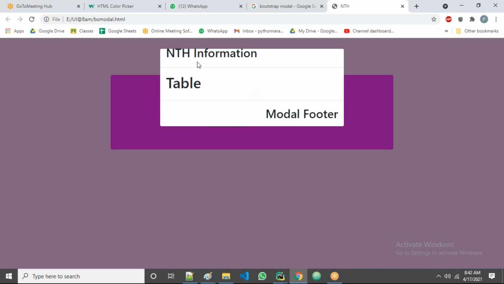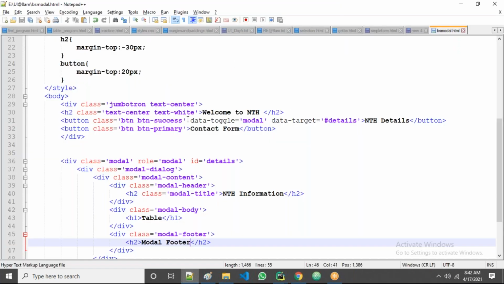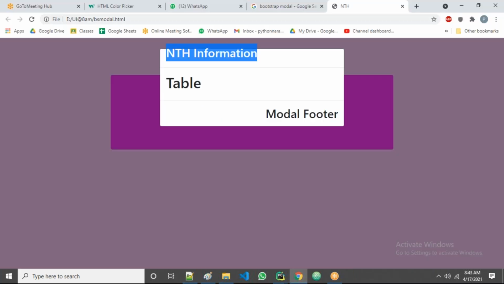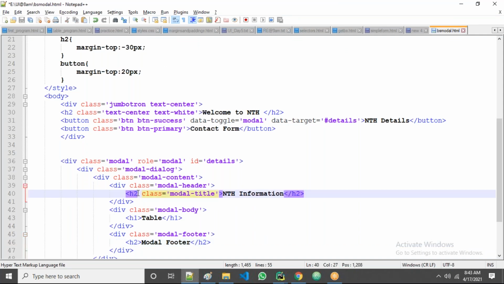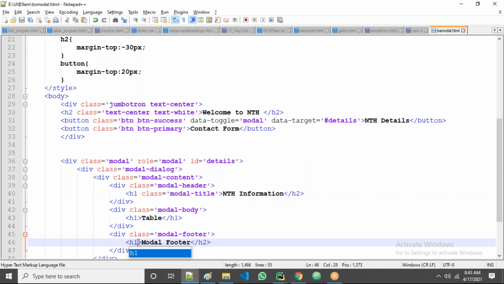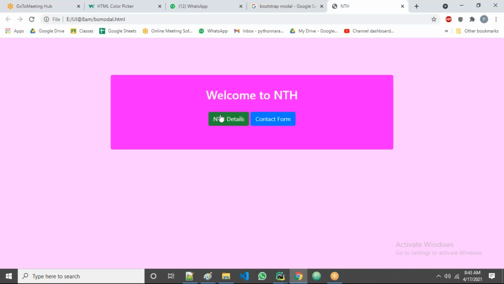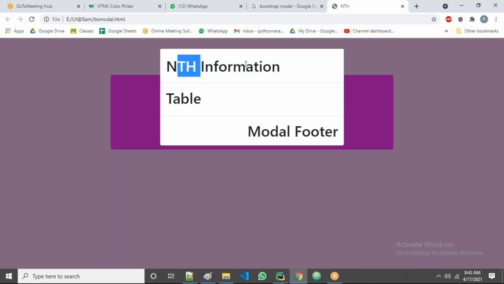See, all of you may think why it came to the top. Because, guys, here there is an H2 tag, and we applied styles already. See, we are taking the margin top minus 30 for H2. That's why it is applying for all H2, here and everywhere. So for example I'll take H1, or else you can create an ID or class like that, also possible. Now let's go there and refresh here. Click on this one. Yes. Is it clear, all of you?